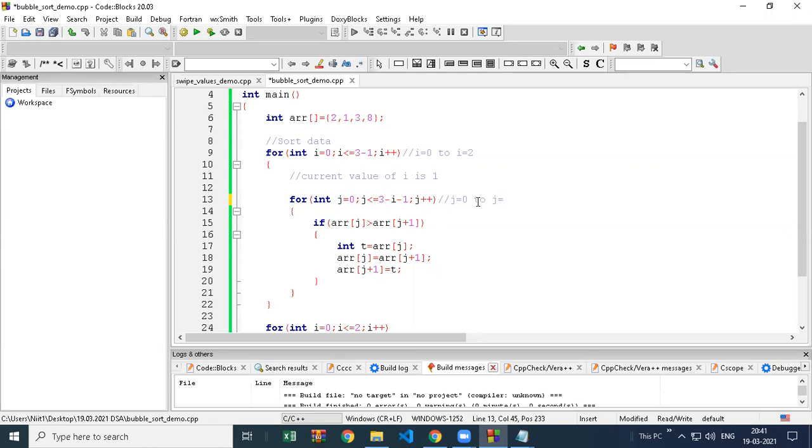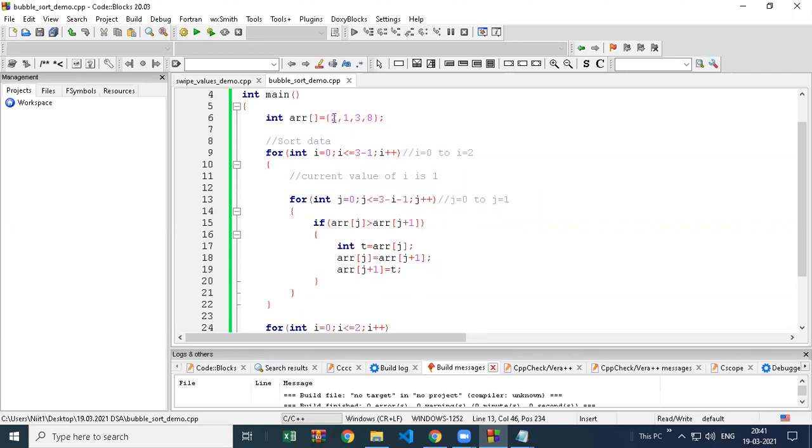You are not doing correct calculations. Simple calculation it is. 3 minus I, already written 1. 3 minus 1 is 2. 2 minus 1 is 1. So this time the end value is decreased. If you take the same end value every time, then there is no bubble sort here.